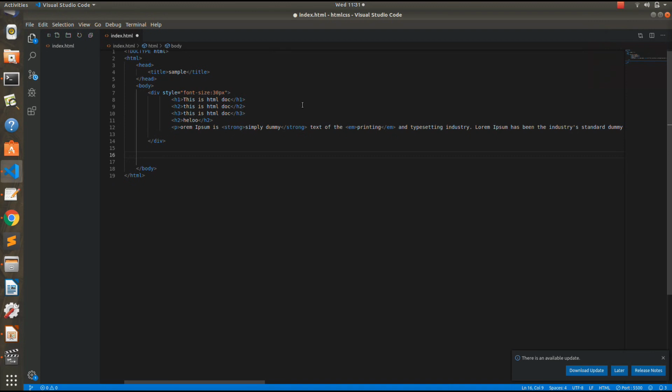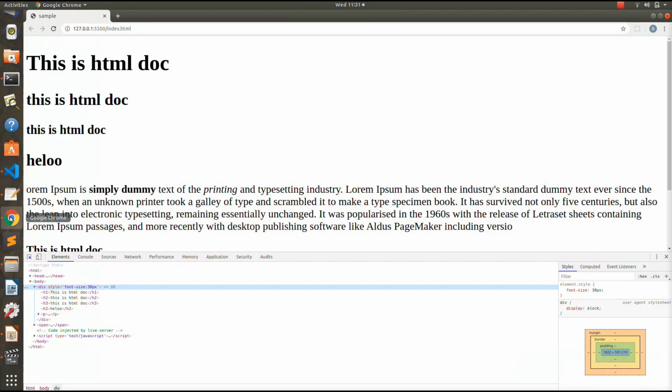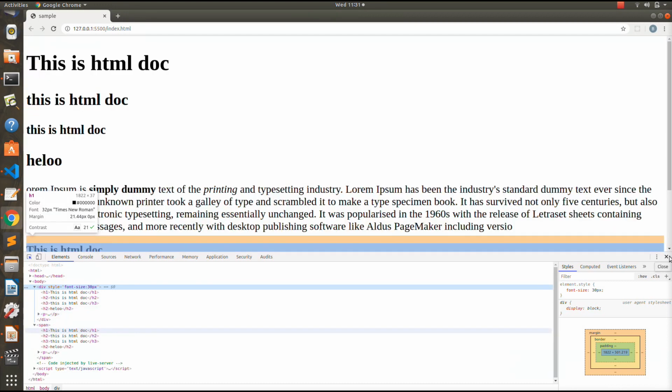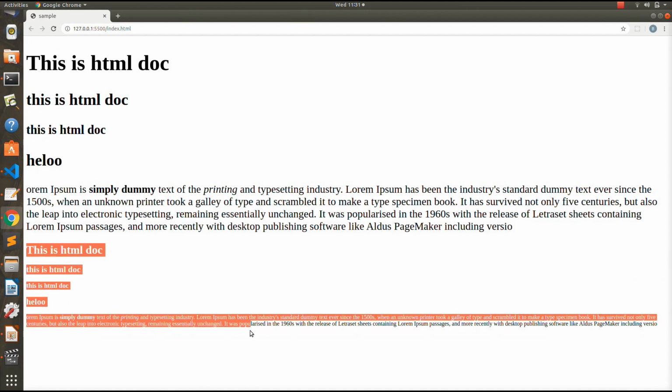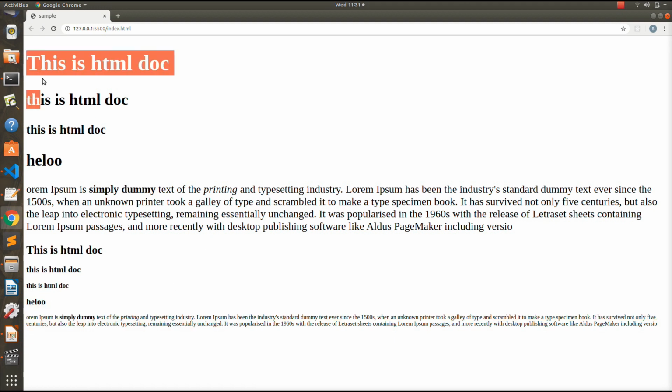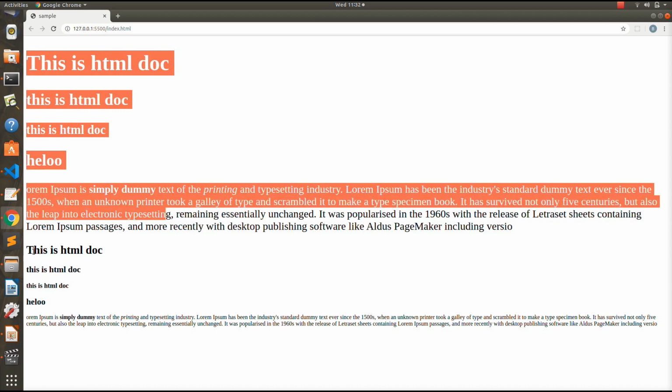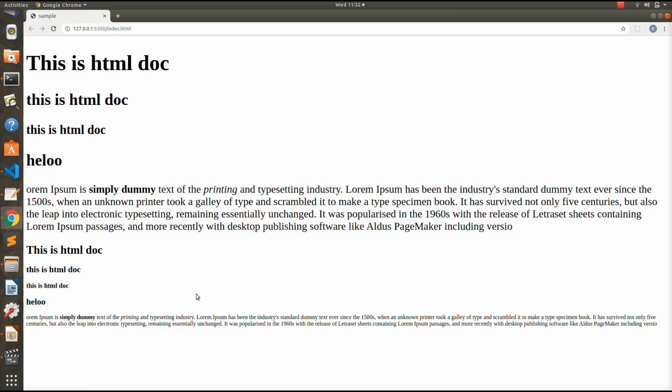So the other type of grouping element is span. So this span tag also works like the div tag. I can include various other tags inside it. Like I'll just copy this and paste it here. And if I save this, okay, let me pause this. You can see this is all enclosed in this span tag. You can see the difference. The elements in the div tag had the font size of 60. Here they have a font size of 30. So these are all enclosed in this span tag.